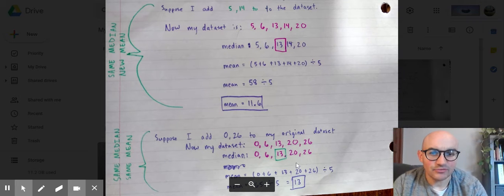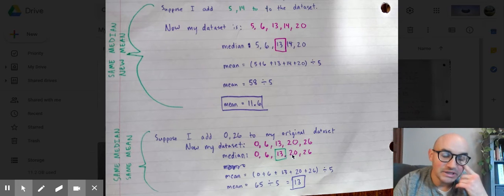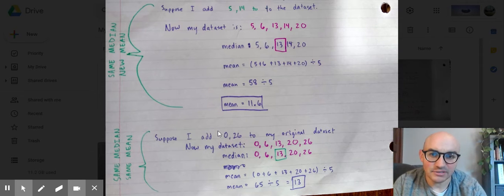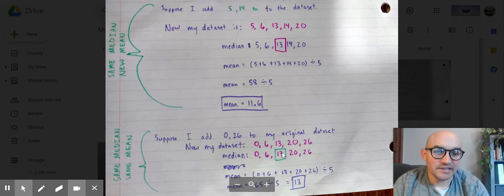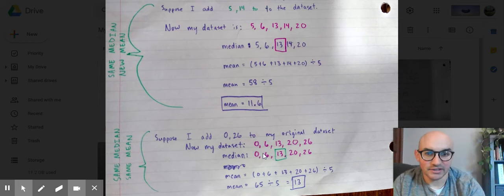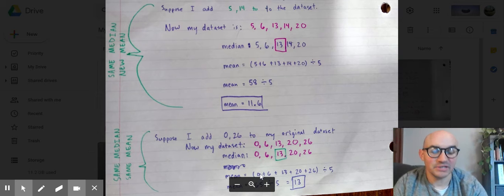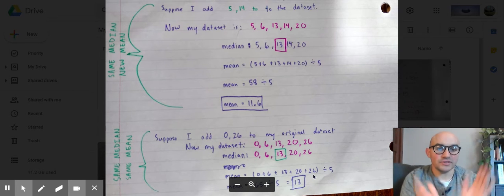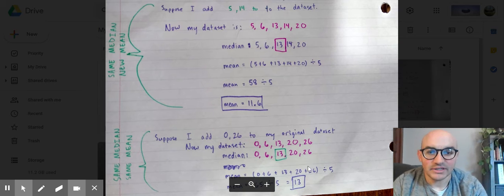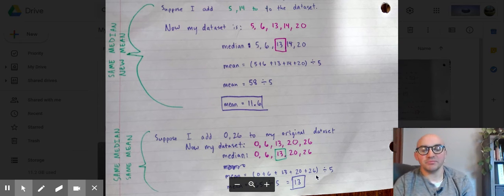But then I also have to think carefully about my mean needing to remain at 13. So if I add a 0 to my data set and I add all these numbers together, then I need to add another multiple of 13 on the other side. So the 0 goes on. The 0, when we're calculating the mean, drags the mean down. It decreases the value. So I need an equal and opposite number from 13 to increase the mean. So this whole activity just gets you to play around with mean and median to understand the relationship between them and understand how they work with data. So to finish this off,